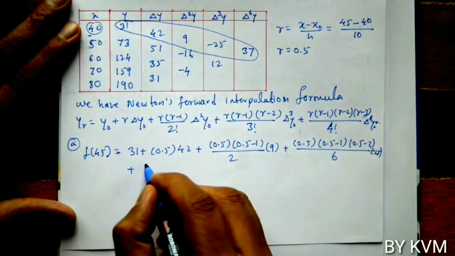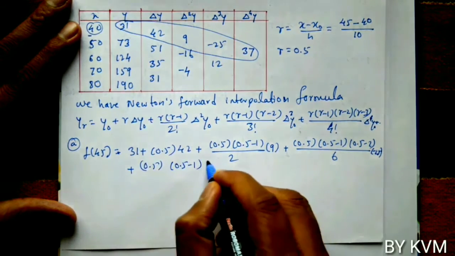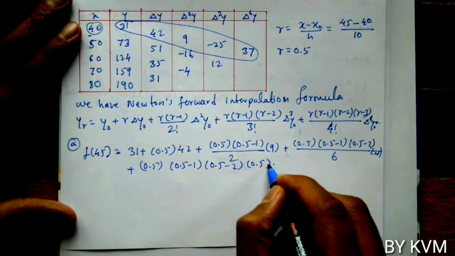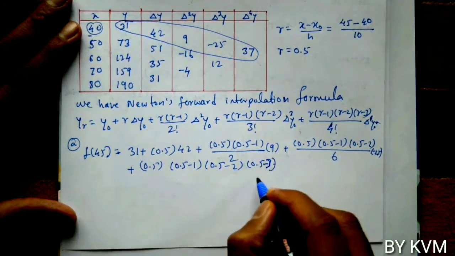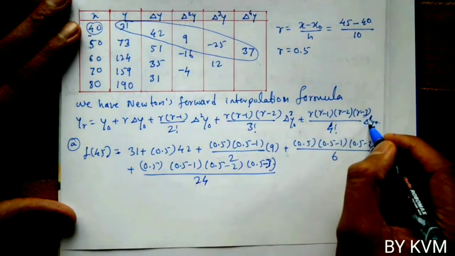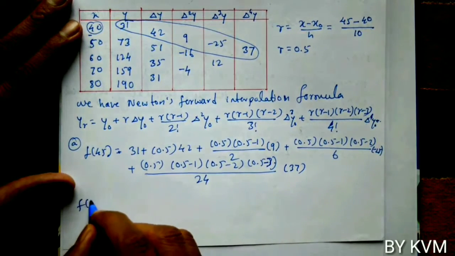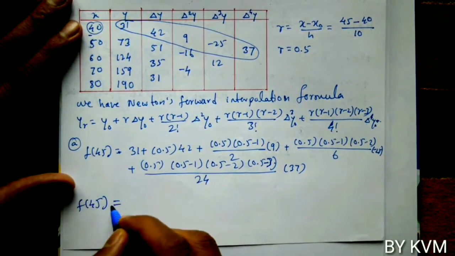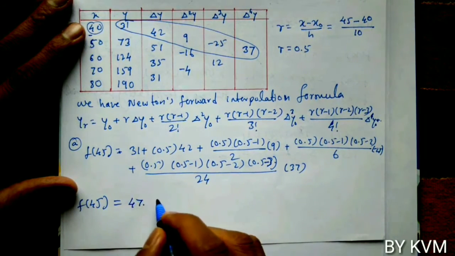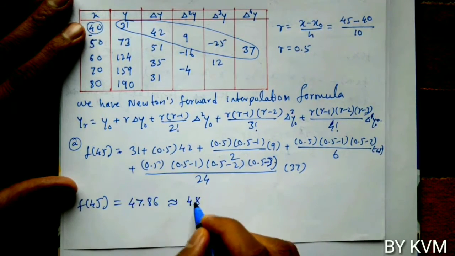plus r into r minus 1 into r minus 2 into r minus 3, that is 0.5 into 0.5 minus 1 into 0.5 minus 2 into 0.5 minus 3, by 4 factorial. 4 factorial is 24, into delta power 4 y naught, that is 37. So f of 45 equals, by using the calculator,